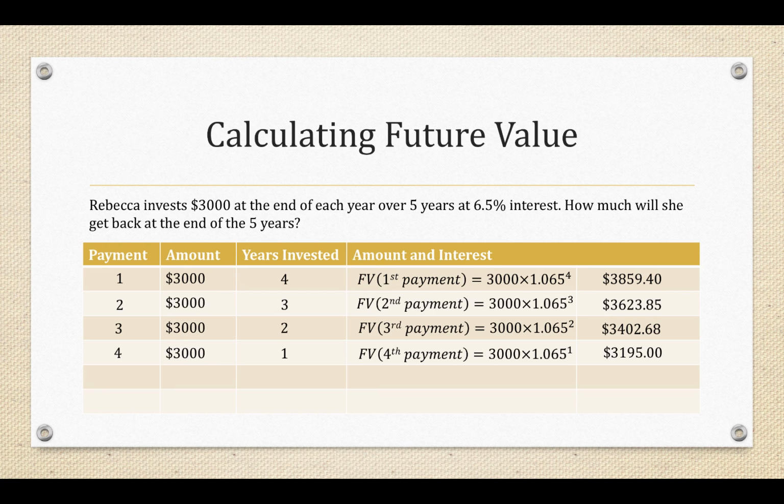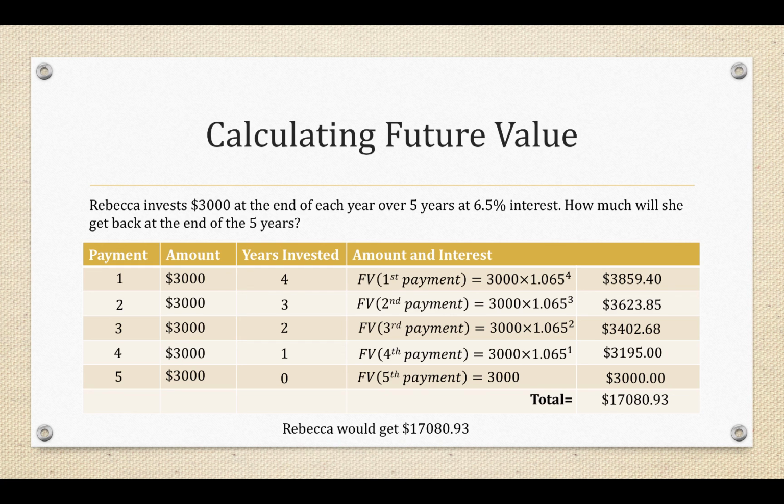And then we have our fifth payment. Now, the fifth payment doesn't actually stay in there for a full year. So our total value at the end of 5 years is going to be $17,080.93. So Rebecca would get